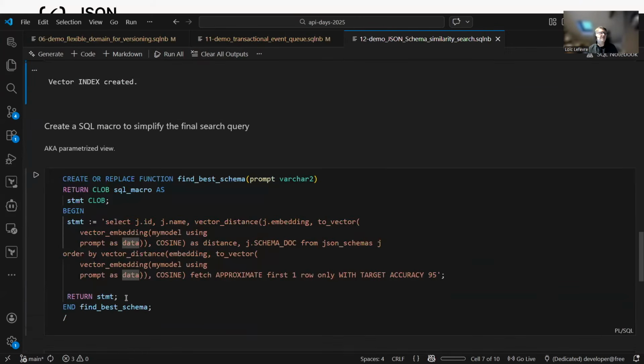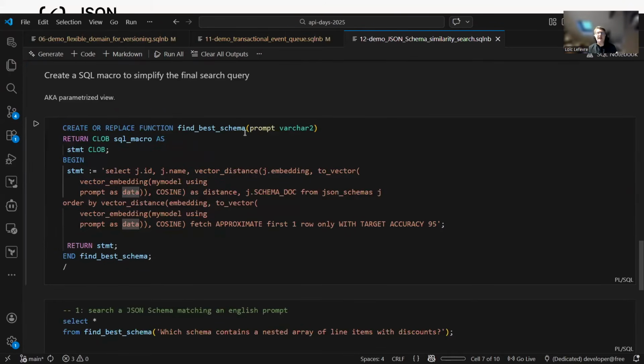And then I just need to create a query. I'm creating here a SQL macro, which is kind of a parameterized view, if I may, and then you can just specify a prompt. Whenever I query that function, it will run that query.